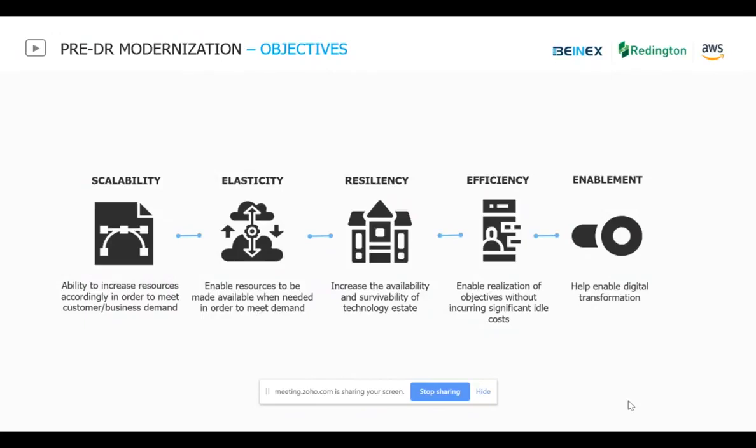AWS are the pioneers in the technology as well. So we have all those things available in our AWS, and all these big facets of why we want to set up a DR is covered with AWS.